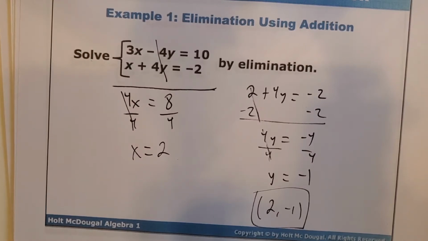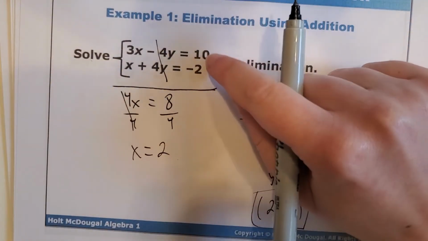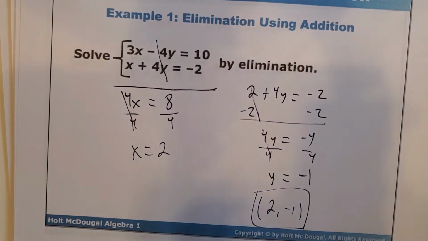If this did also say check your answer, I would be looking for the extra work to plug the x and the y in for both equations, and then just making sure that you do get 10 and negative 2. And if it doesn't, or if you don't, that's a pretty good indicator that you're doing something wrong. All right,